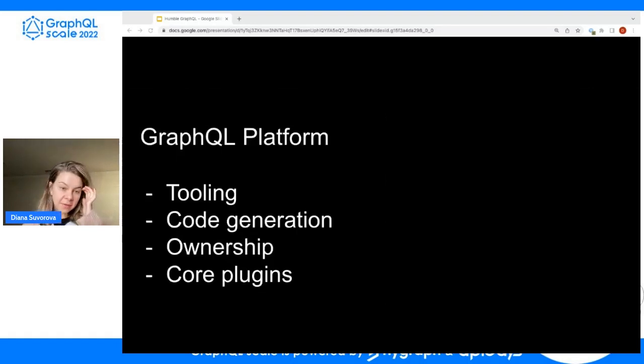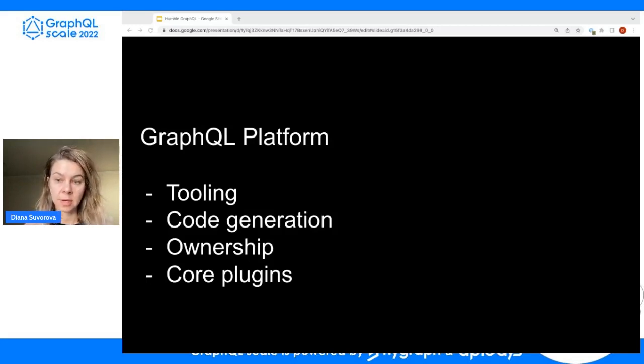So for the GraphQL platform, at this point, we have a goal to improve schema quality, right? And we have to do it gradually and consistently since we have already quite large consumers of that schema. I do believe that GraphQL is quite friendly to iterative changes to its schema.